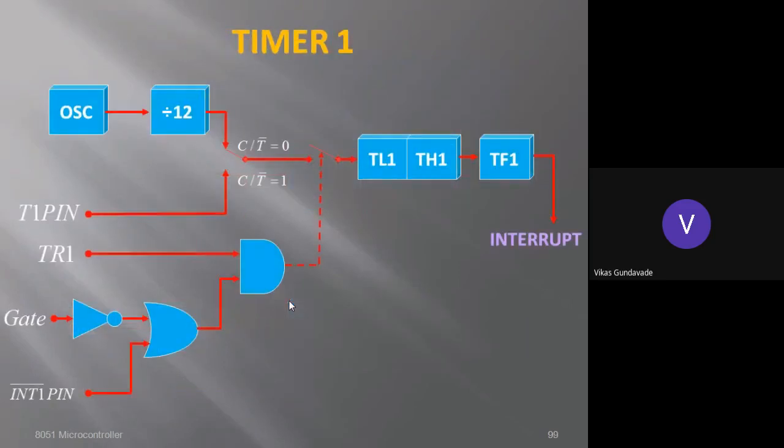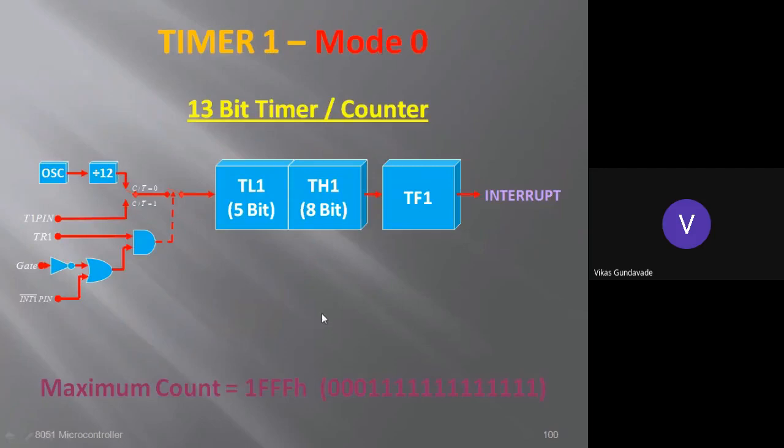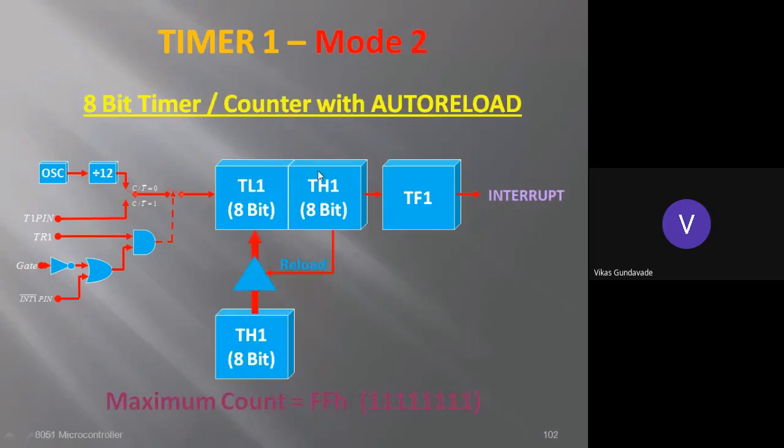Okay. Now for timer 1, it is the same as timer 0. Here for mode 0, it is 13-bit timer mode. So 13 bits can be stored into the TH1 and TL1. Then for mode 1, 16 bits are used from TL1 and TH1. Then auto reload: the same count will be loaded into the TL1 and TH1. When TL1 overflows, the count will again be reloaded from TH1.